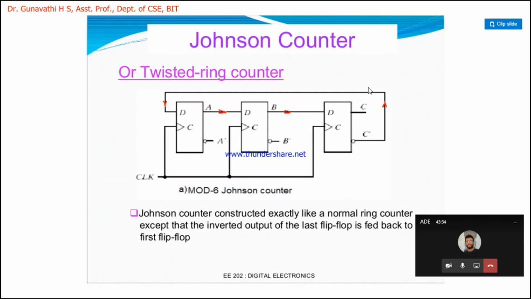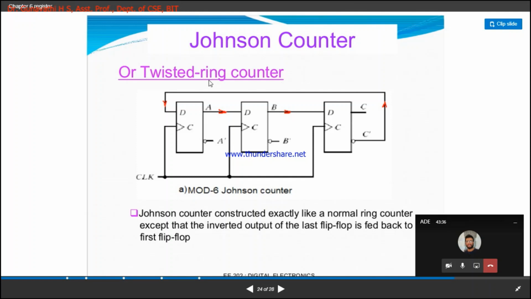So what is the difference here? As the name itself tells, it works like a ring counter, but it is twisted. The complementary output of the last stage will be fed as an input here. That is the only difference. Suppose it is 4 bits, like 4 flip-flops, the sequence repeats after 8 clock pulses.